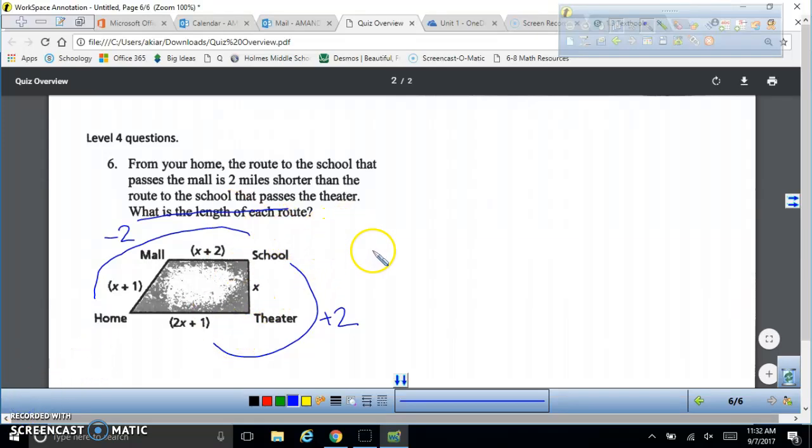Again, it was super important that you included this minus 2 or that plus 2, and that's when they're equivalent, and that you wrote the equation. Okay, you're solving with an equation. So we have x plus 1 plus x plus 2 equal to 2x plus 1 plus x plus